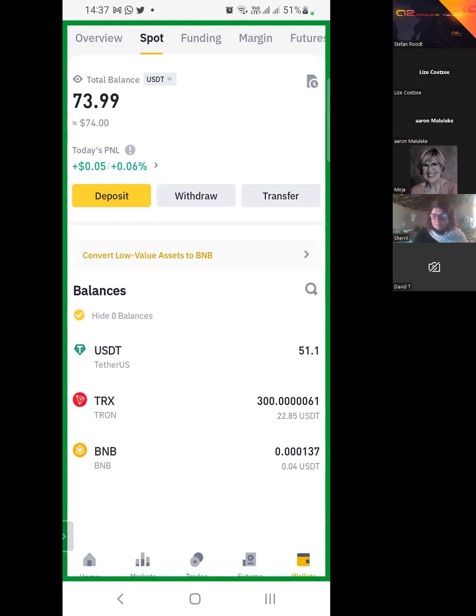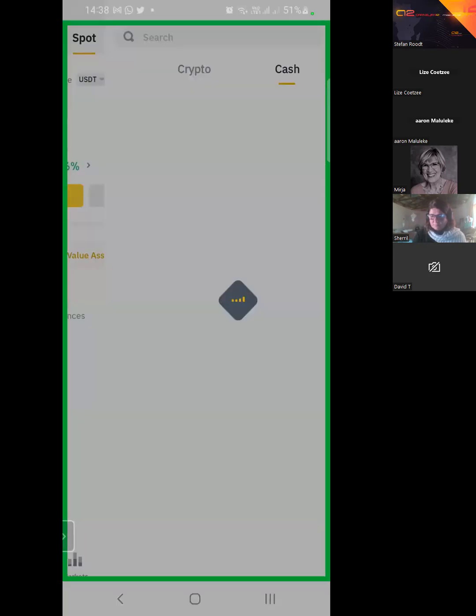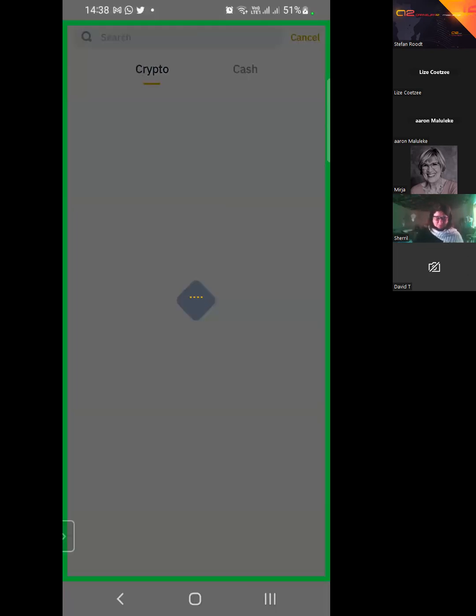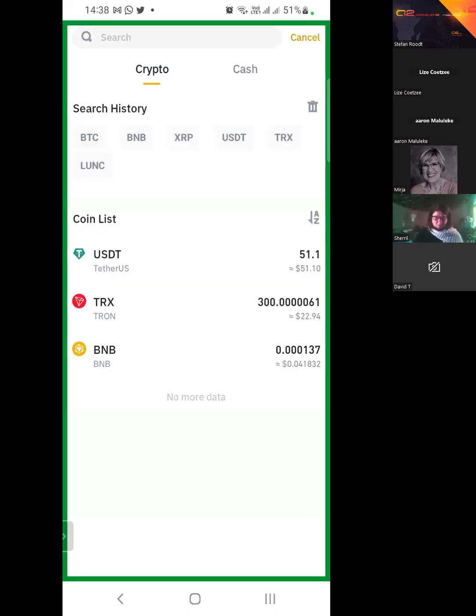So let's say I want to withdraw funds. I just literally press on there, and then I've got an option, either crypto or cash. Just read, you know, it's really easy when you know. I know when you start with a new app, it might be a little bit daunting, but it's really easy. If you look, I want to withdraw crypto, then I just press there. Then I have to choose which crypto I want to withdraw. So I want to withdraw, say,